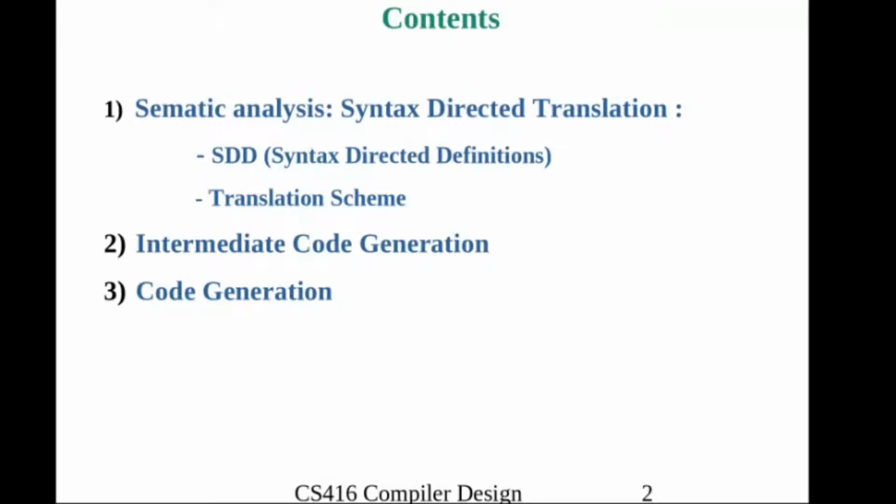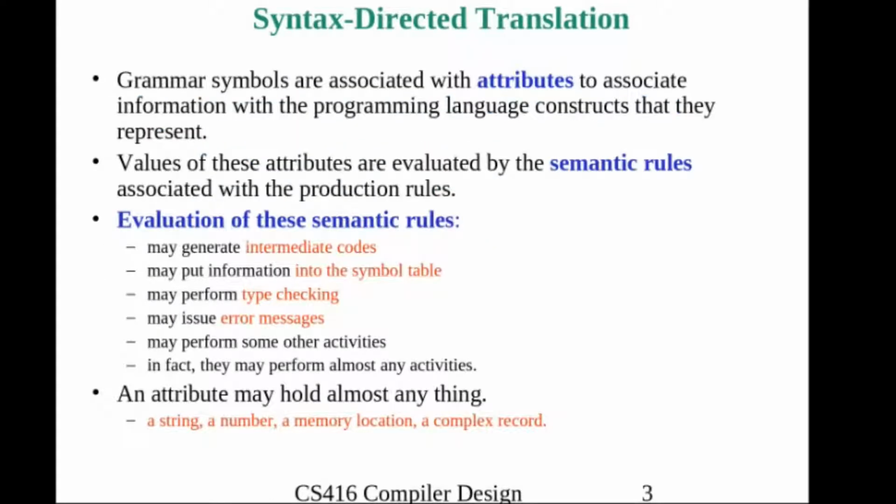After syntax analysis, our next phase of the compiler is intermediate code generation. The compiler will generate an intermediate representation of the source program. The previous phases are all analysis phases, like lexical analysis, which analyzes the source program, producing a sequence of tokens. Syntax analysis will read the sequence of tokens and check whether it is grammatically correct based on the grammar of the language. So let us see what syntax directed translation is.